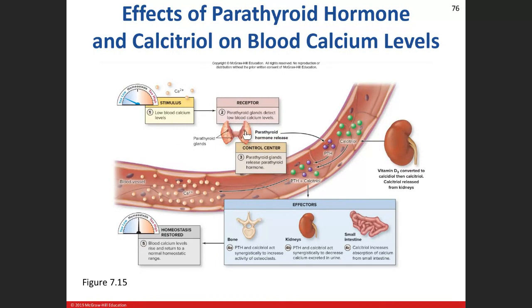Okay, so what does it do? It does what the parathyroid gland does. It releases parathyroid hormone into the blood, and it starts to circulate throughout the blood. Well, what else circulates throughout the blood? Calcidiol, calcitriol, vitamin D. So it will then interact with those. The PTH goes to the kidney, and it's going to speed up the conversion of calcidiol into calcitriol. Well, that's cool, because now calcitriol can go on its way to the small intestine, and it can absorb more